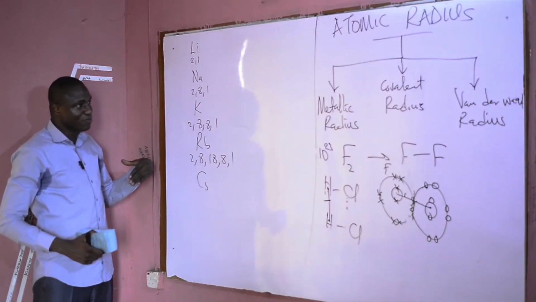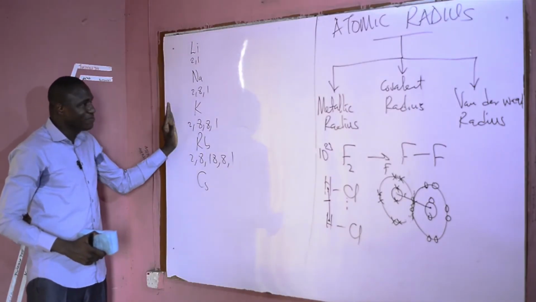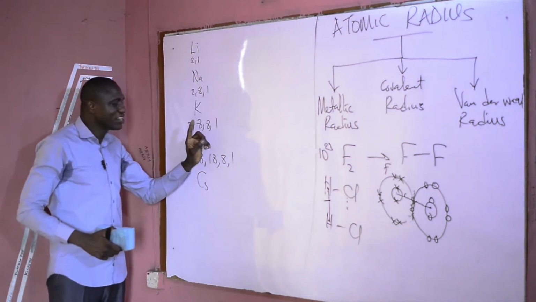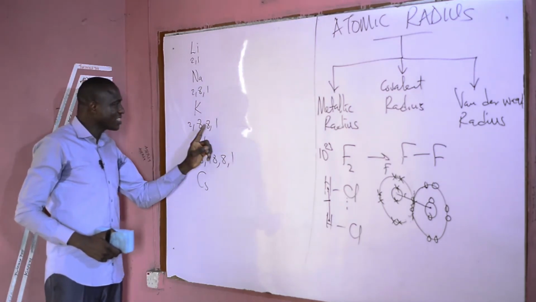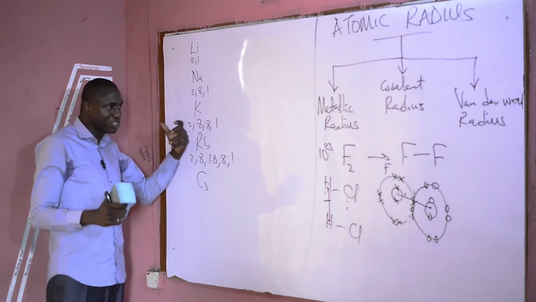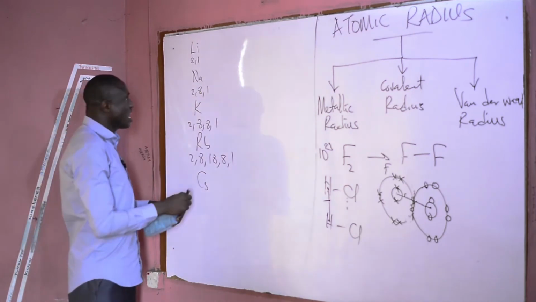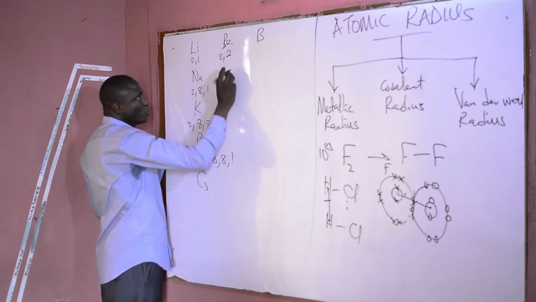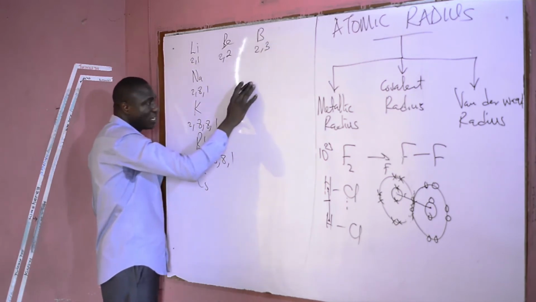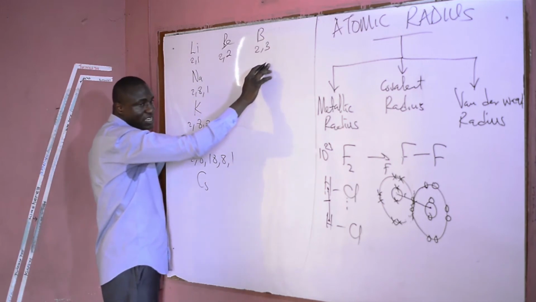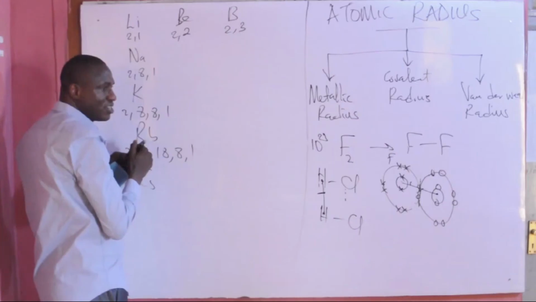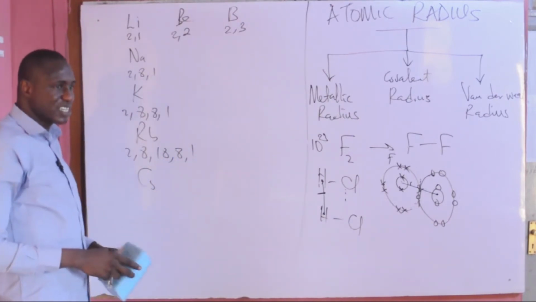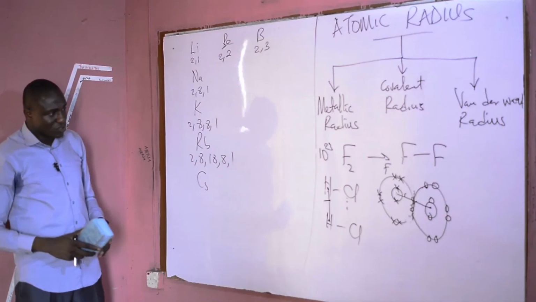So you must take note of the fact that the group 1 elements have the largest size, because the only shell they contain has only one electron, and that electron is more loosely held, farther away from the nucleus, as compared to the other atoms. If you look at beryllium here and boron here, 2 shells but 2 valence electrons, 2 shells, 3 valence electrons. There is an increase in nuclear charge. Electrons are being added to the same shell, so the size of the atom tends to get smaller because of the increase in the electrostatic force of attraction. So take note of that.